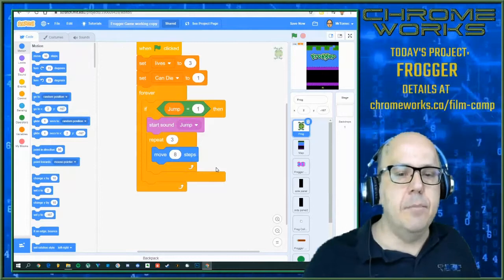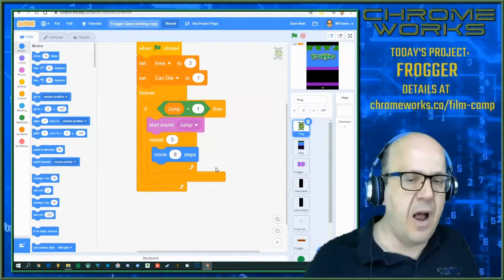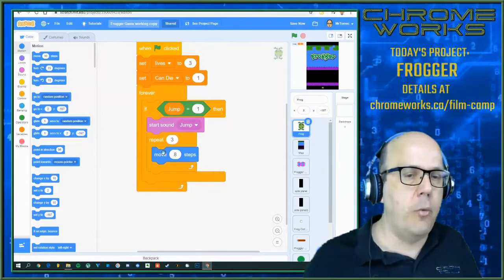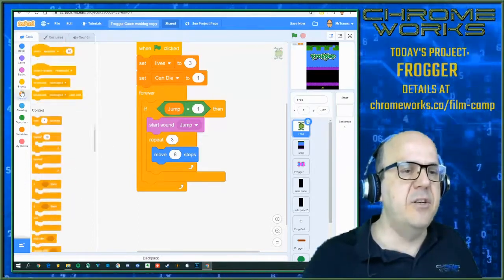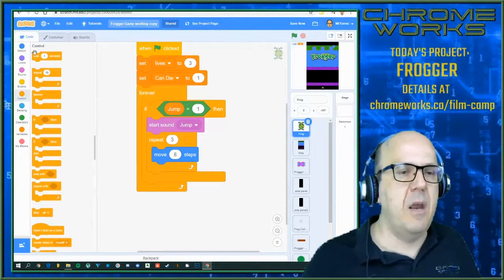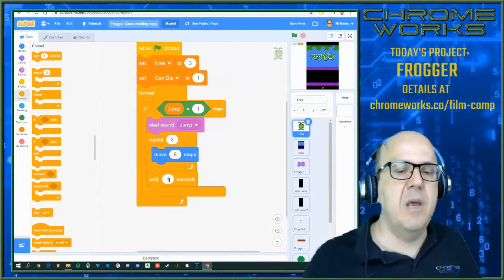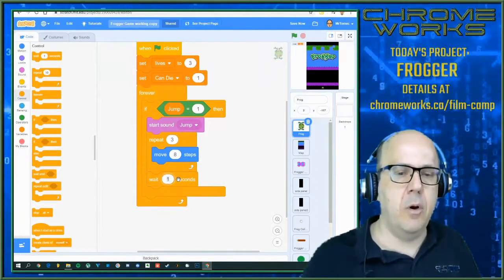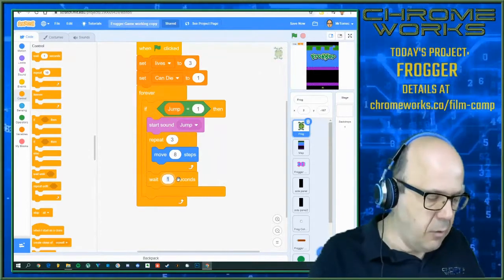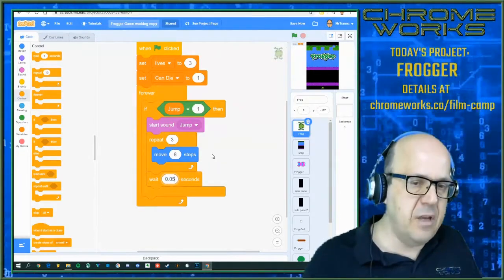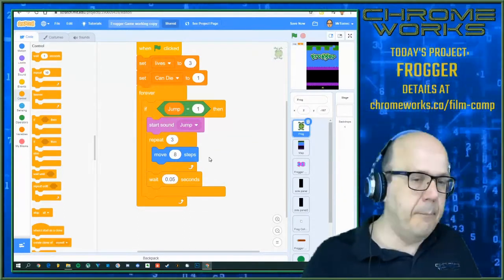Now, we want to give him time to jump, and we want to leave just a teeny little bit of time for other stuff to happen in the program. So I think this is something that Jeffrey added when he was making the software for me that just fixed a little bug. So bear with me here, but I'm going to add a little bit of a wait right after the repeat. As soon as I'm done here, I'm going to save my file to the working file for my audience at home. Okay, so I'm going to wait just 0.05, and that's just going to leave enough time for other things to happen inside the game before we do